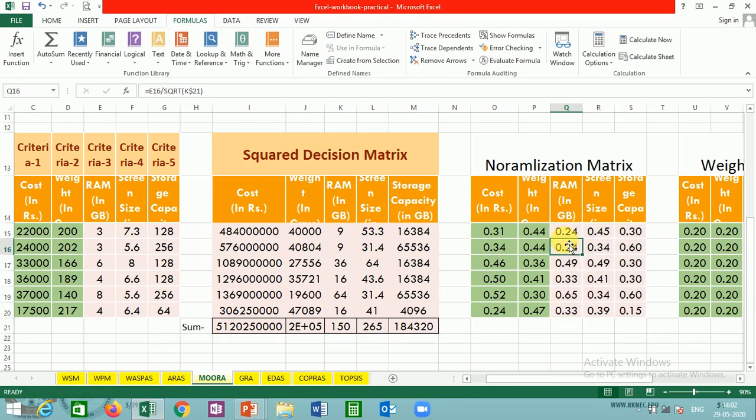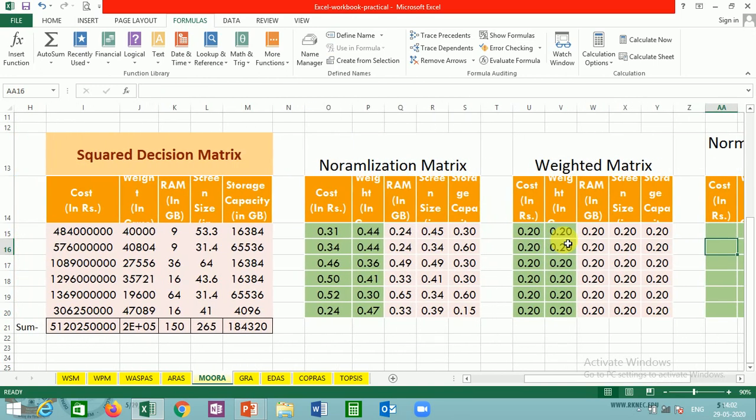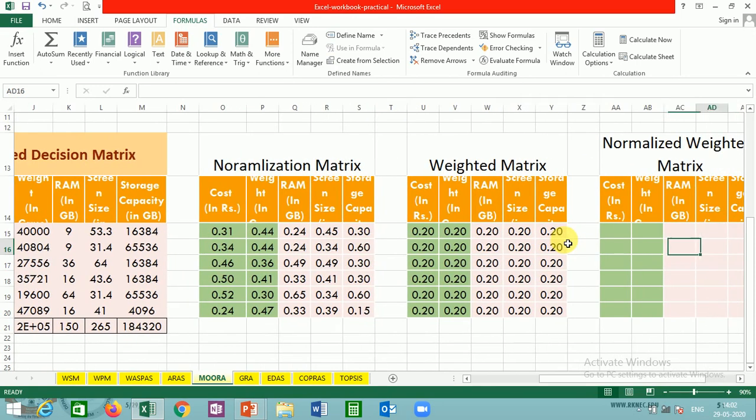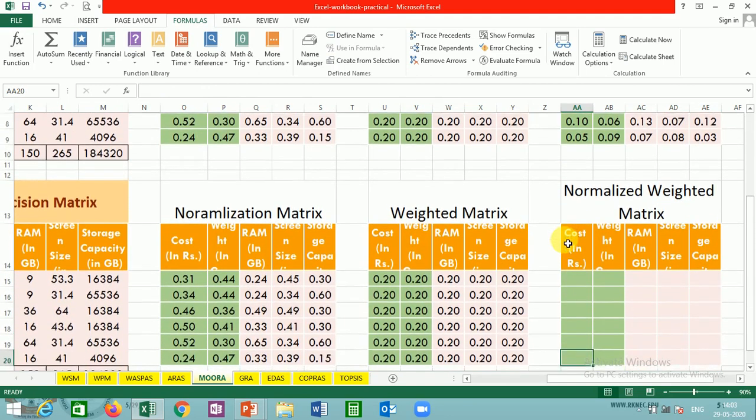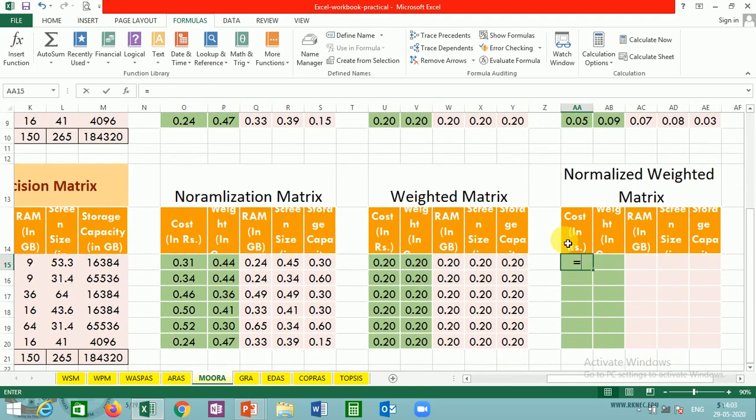So now the normalization matrix is done, and for the weight matrix, as we have considered, we will have the weight matrix in the simplest way, that is an equal weighted matrix. If we consider the same problem we have solved, we are very close and we have done it correctly till now. So now for the normalized weighted matrix, multiply this value by this weight value, just enter, drag it horizontally, drag it vertically. So now the values are okay with us.